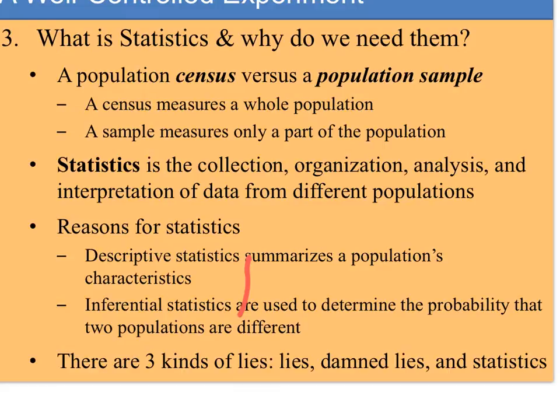Now, there's this famous line. It was attributed, I think, at one point to Mark Twain, but it's actually Benjamin Disraeli, I think, who was the Prime Minister of Great Britain. There are 3 kinds of lies: lies, damn lies, and statistics. And this is part of your education in science in terms of when you're going to read something in the future, let's say an article about science,